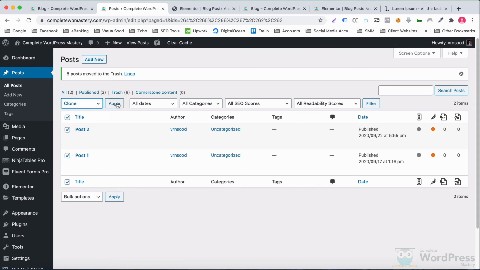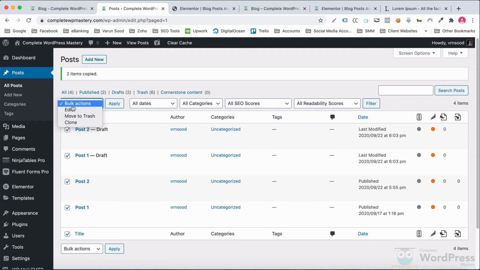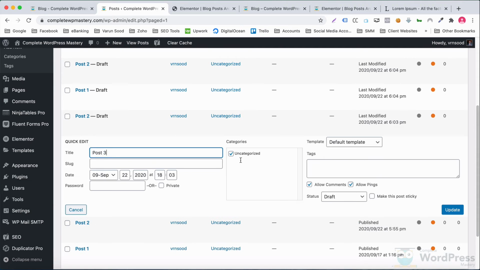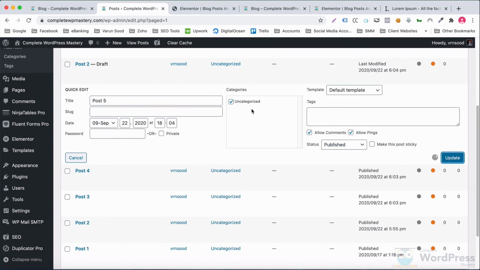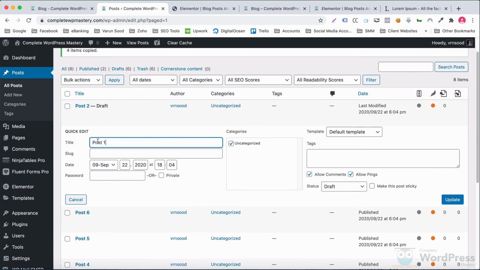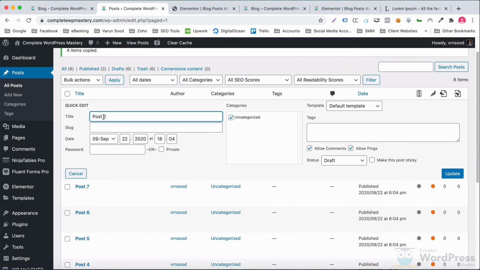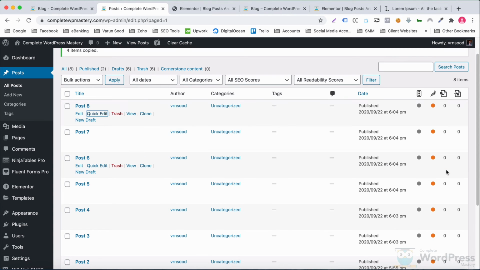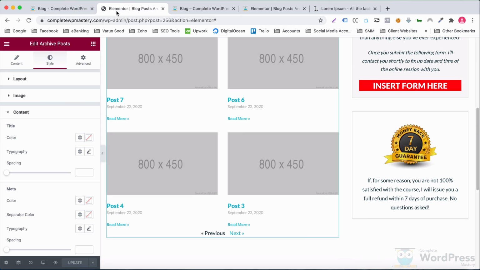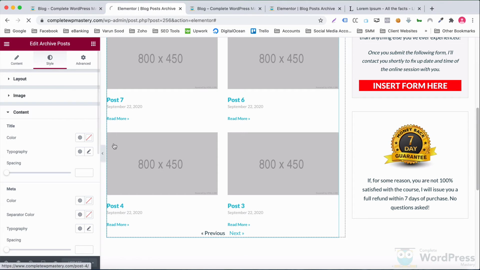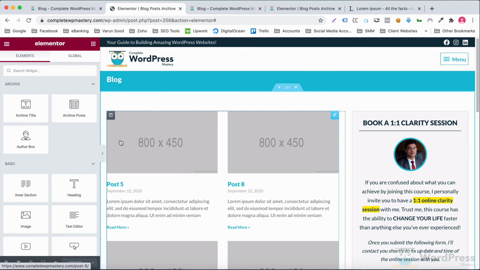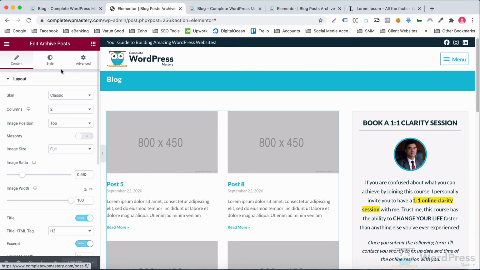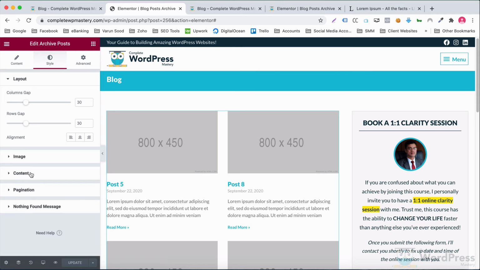You know how to do it. Let me fast forward it. All done. Let's reload this template. There you go. Sorry to make it annoying and confusing. Anyway, let's move on.